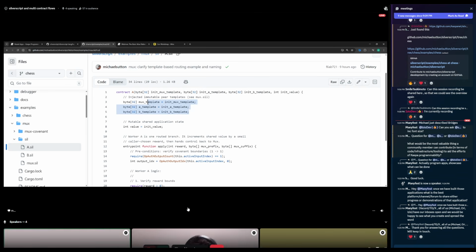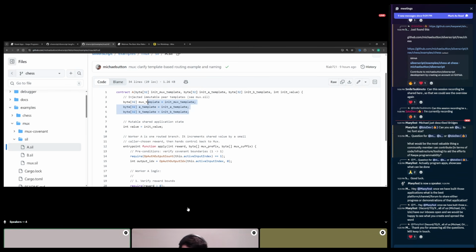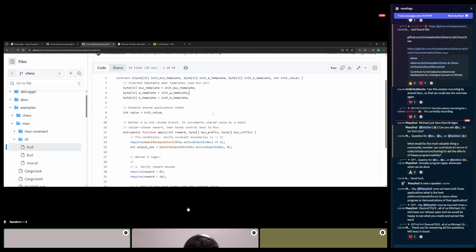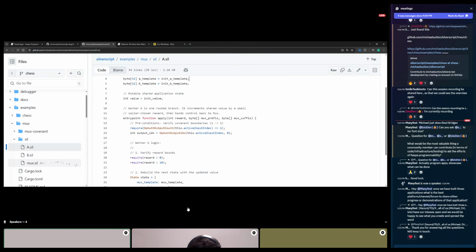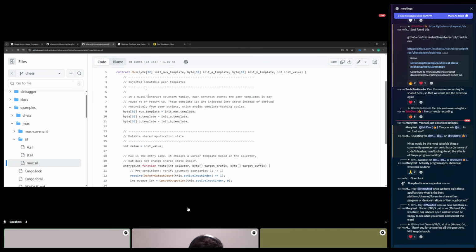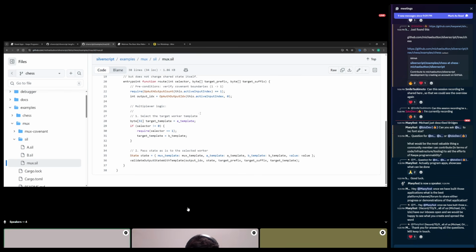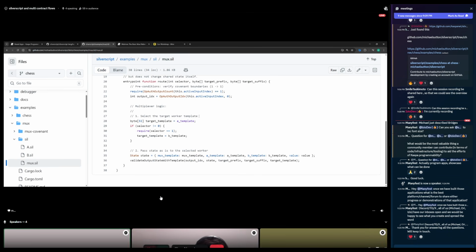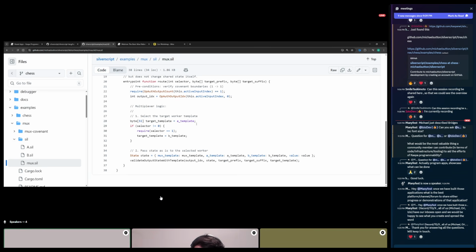No, okay. And as a design pattern, the templates. So here's the challenge. You want to design the system, but how do you? You need the MUX, right? You need the contract of the MUX to know A and B. It needs to know the script itself, or a commitment to the script.